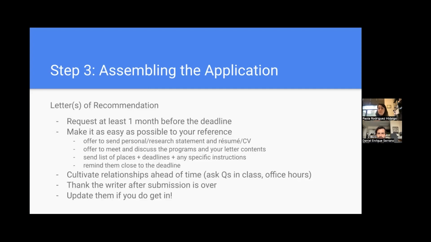And one thing, for example, when they sent me an email a month ago, as Daniel said, I definitely go with them through our applications to see if I can help them improve some of the things. And I also ask them for my own letters to remind me what are the things that I should mention, that I should emphasize. Maybe you have the program experience, you were a fantastic student in this class, you got the A, or things like that. So that way I can write an even better letter of recommendation.